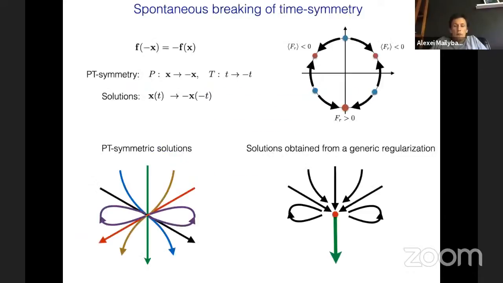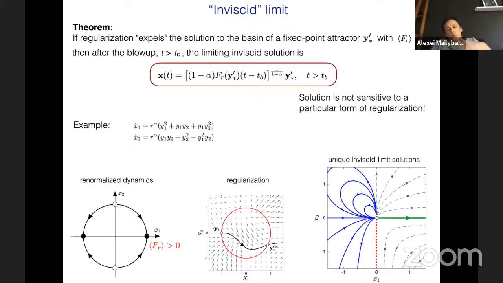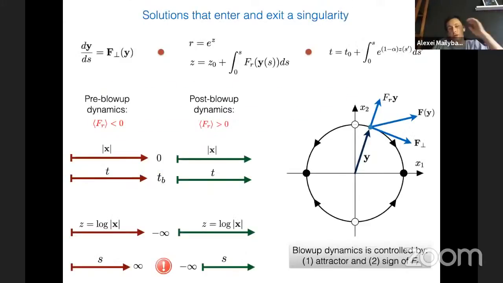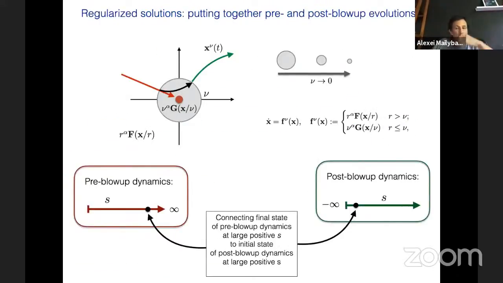Okay, so up to now, everything is deterministic. Up to now, we succeeded in choosing the solution in the future, but this choice is deterministic. So no probability. Everything in the future is well defined. So where can the probability come from? And probability can come from the fact that, in principle, post-blow-up dynamics